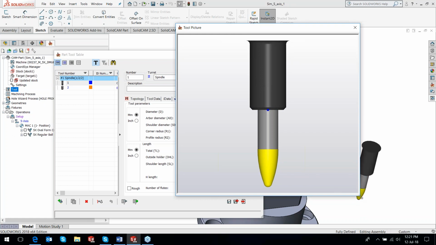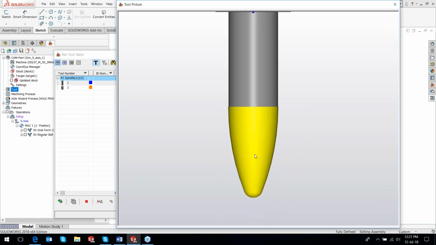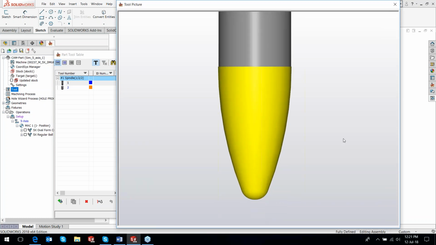Let's increase our size, and let's look only at this area here. An oval form tool or a circle type end mill has got two radiuses. It has got one large radius here and one small radius at the end. So it's a dual radius that we have. Why are these tools getting so popular now that software will have to start supporting them? The reason being that